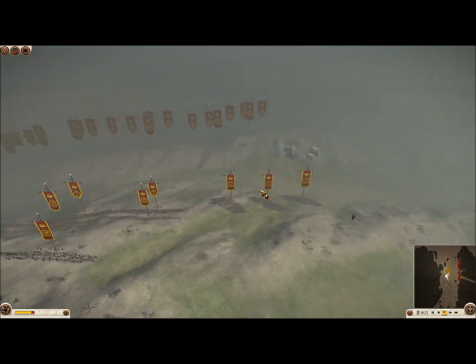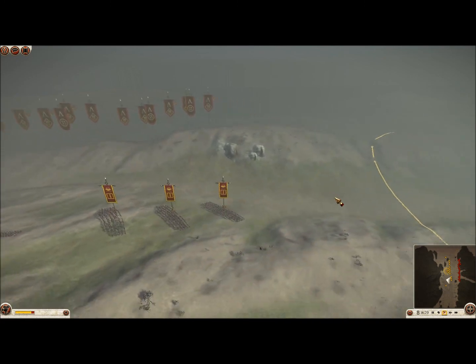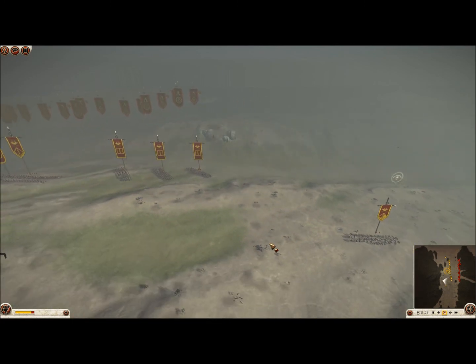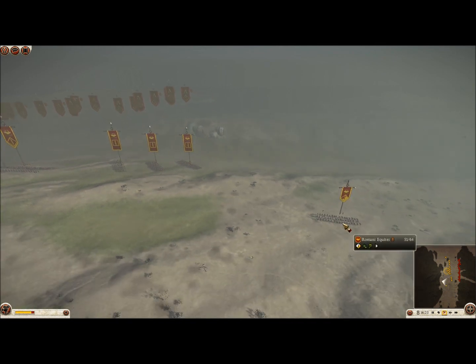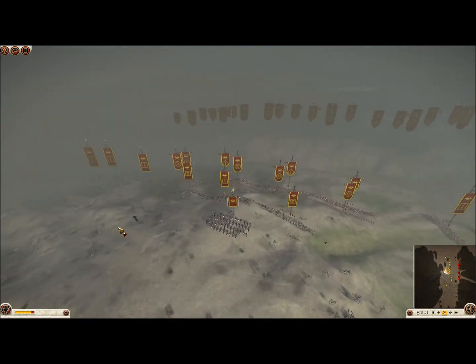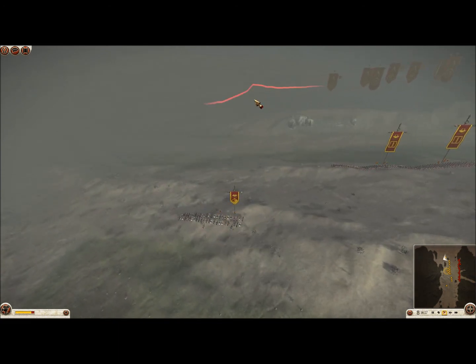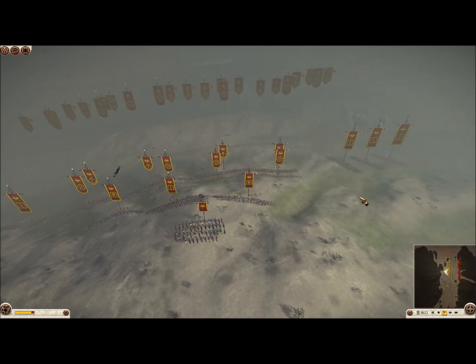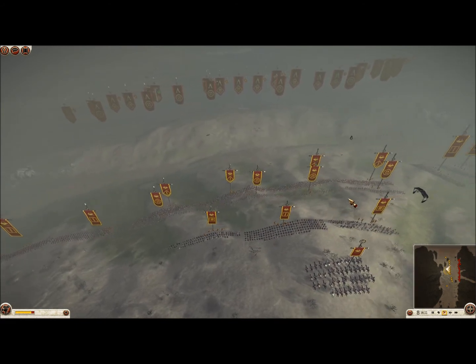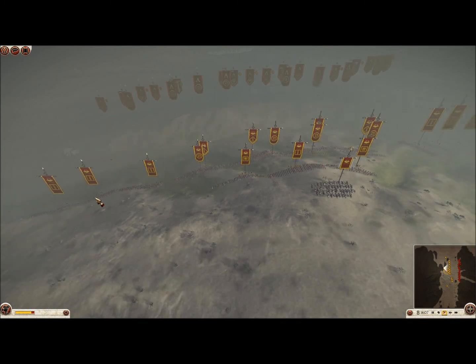Now I think I can't rush into that uphill, so I'm going to make a flanking unit over here with these 3 Principes units and this cavalry unit, and also I'm going to use this cavalry unit to flank from this side. So the basic idea of this battle is to tie the enemy into the battle with these units over here,